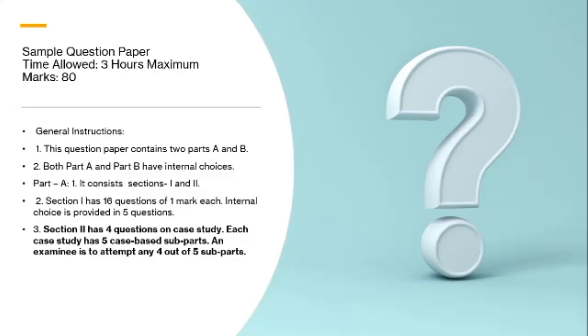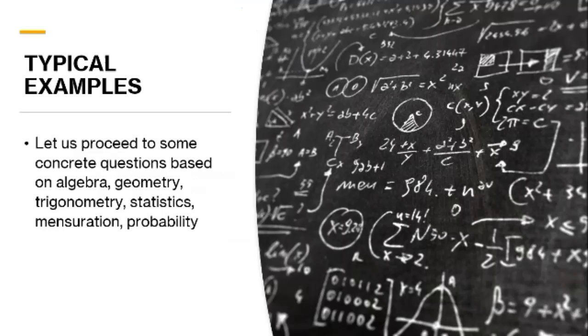You'll have to work it out if it requires working out. Otherwise, you'll have to see what the answers are and what the question is, and answer accordingly. It's like a comprehension. You'll have to read through the passage, understand what they are trying to tell, and then answer the question accordingly. So without wasting much time, let me go to some typical examples on algebra, geometry, trigonometry, stats,